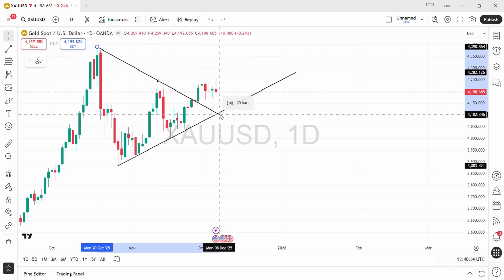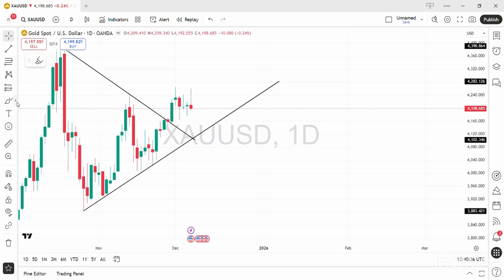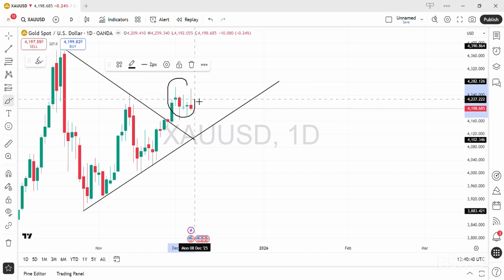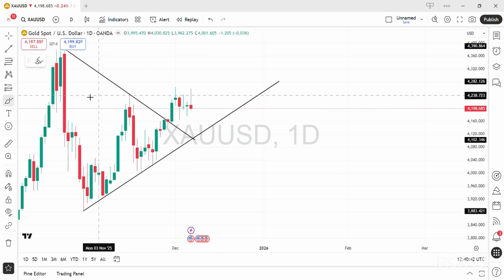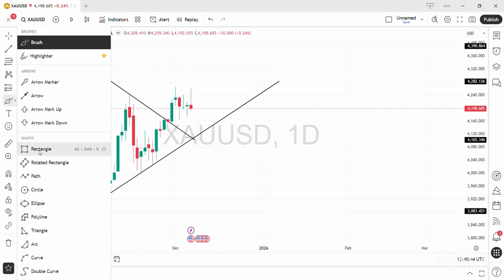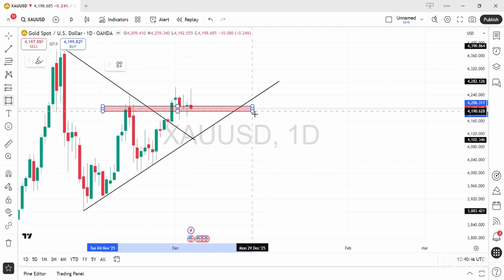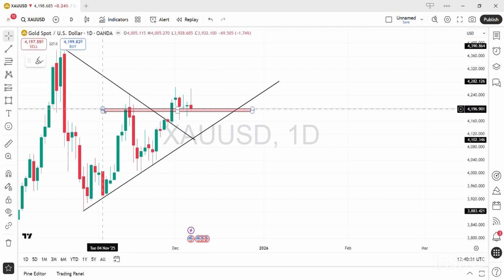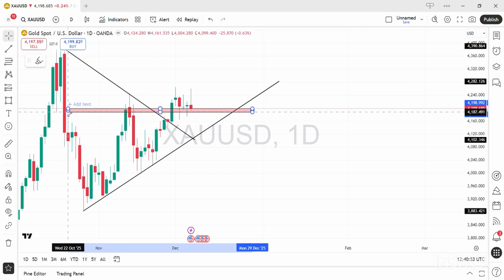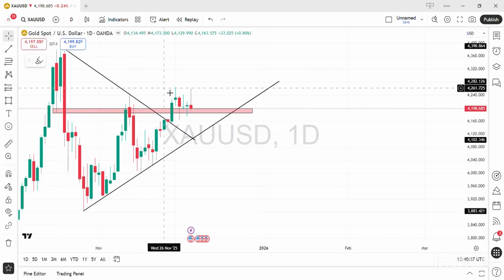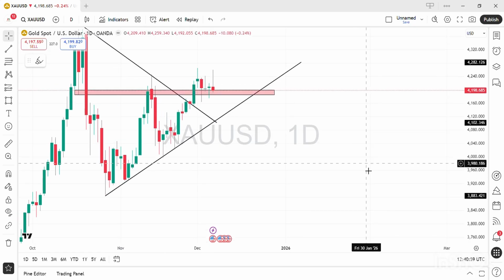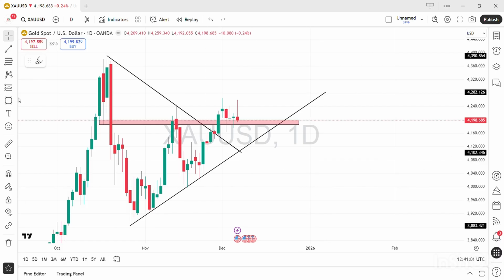What is this? This is a junction of candles. The good news is that the gold is trying to hold above its previous resistance zone. Okay, so this is a previous resistance zone, and this is the current scenario of the gold. Here we have two or three positive things and one negative thing. The positive thing is that the gold is trying to hold above the trend line.